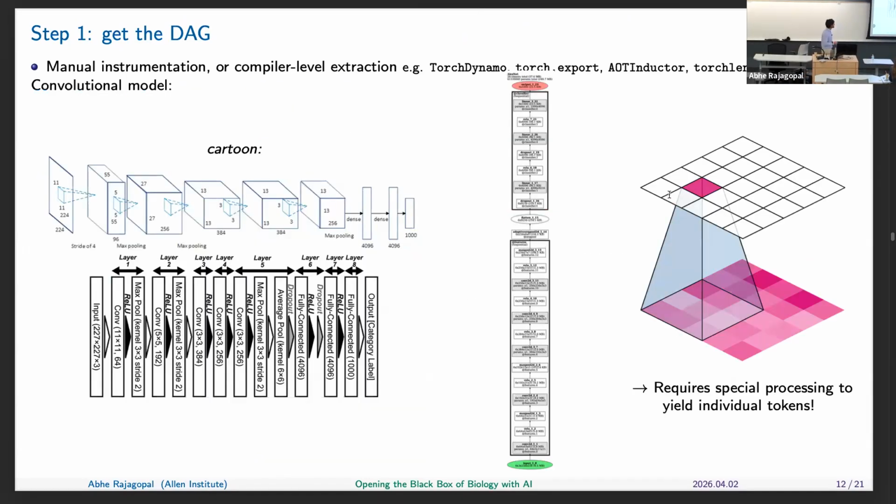You can do the same thing for CNNs. You might be used to this cartoon of how a convolutional neural network works, or a block diagram that might be in a paper. But here's what AlexNet actually looks like when you break it down to individual components. I'm going to talk about this in just a second, but this is highly linearized and things are stacked together. How do you get this individual kernel representation? Well, we need to do a little bit more specialized processing. And I'll mention that in just a second.